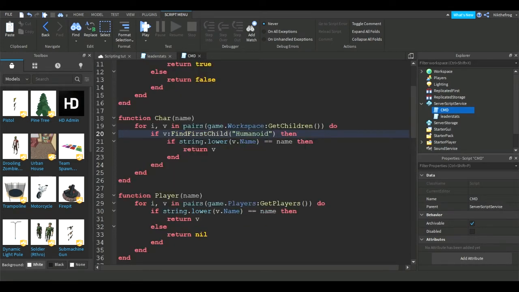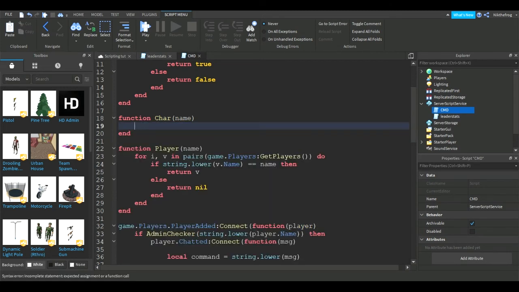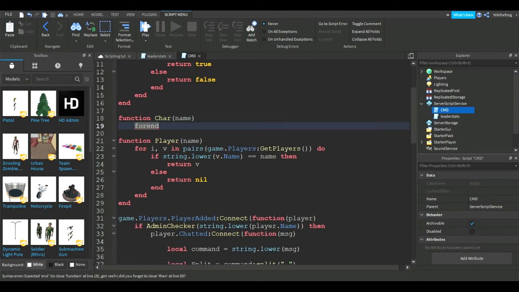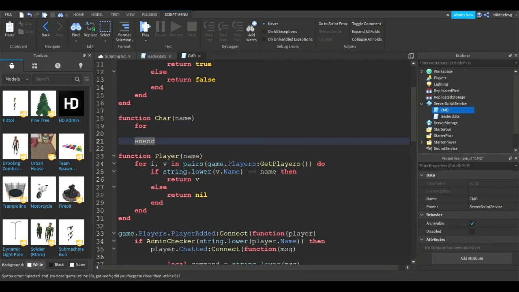Alright, so I found another error here, in the player or character checker. So as you can see, I have a little bit of a different script than what we had before, because I had to go through and kind of fix up some stuff and figure out why stuff wasn't working. But what you want to do is you want to remove your full character script, and I'm going to show you what to type. You want to type for, or for. Oh my god, what? For end to end. For